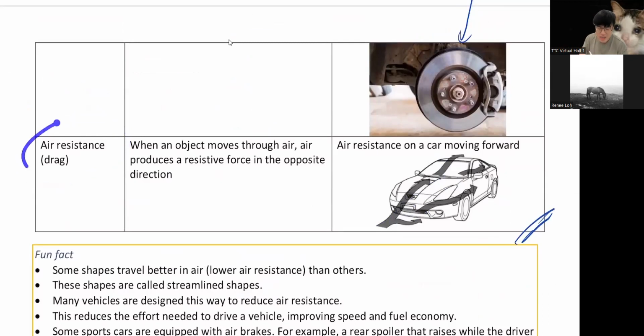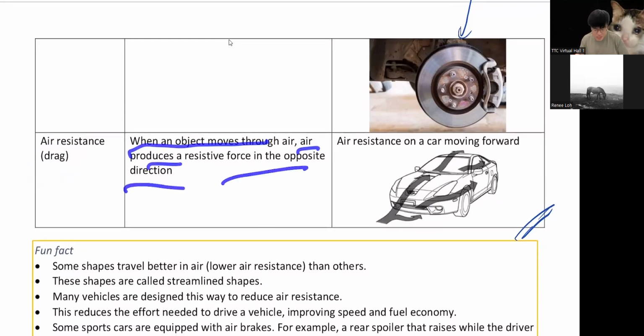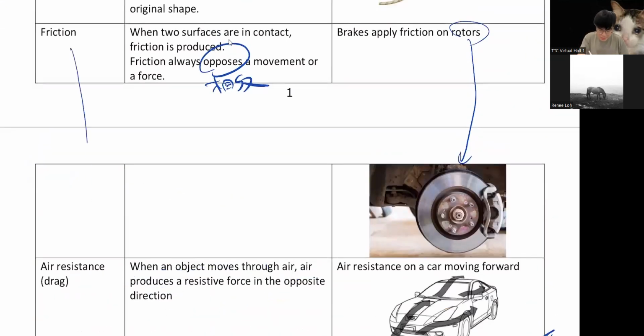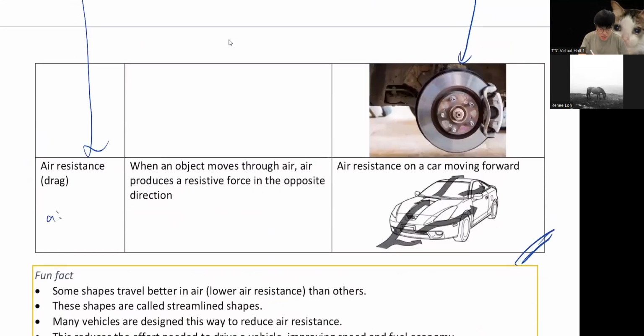Okay, just think of it this way. This is friction with air. When you're riding a bicycle, you can feel the air brush through your face, right? That's the air resistance. Or sometimes we just call it drag. So when an object moves through air, air produces a resistive force in the opposite direction. So these two, they are the same. Or sometimes they just call it air friction. Same thing, air resistance, 风的阻力，就是这样。